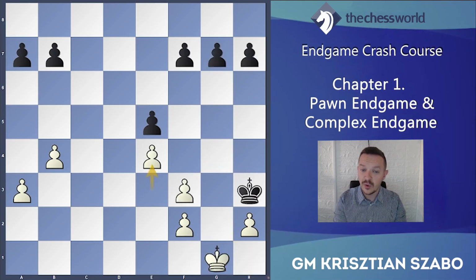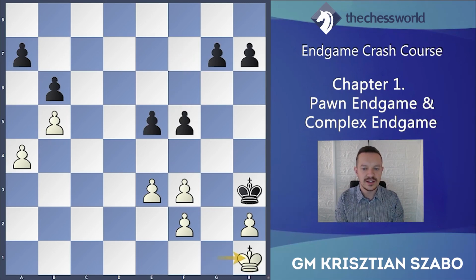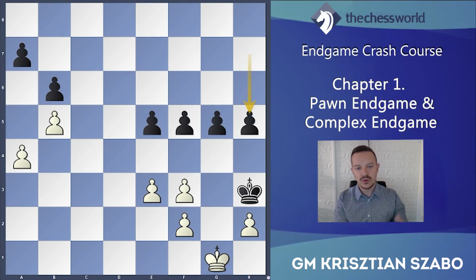Okay, so this was e4, which is also not working. How about a4? Probably a4 is still the best way, because okay, b6, b5, but it doesn't really matter because tempo is not the point in this position. f5, King h1, g5, King g1, h5. So come with the pawns. This is the most flexible setup possible, and still we can decide with which pawn we should come. h4, King g1,